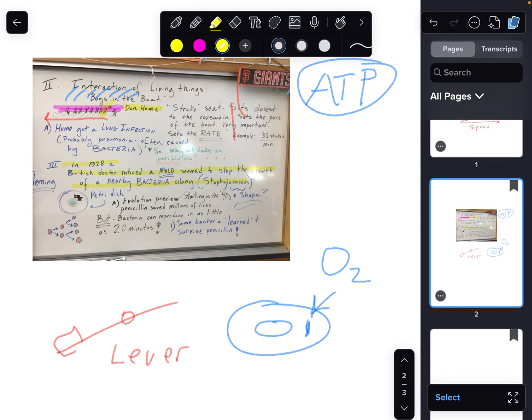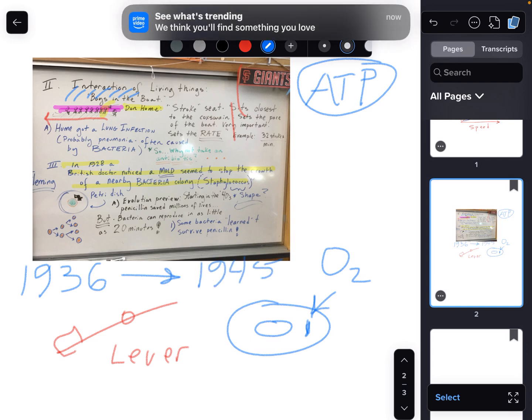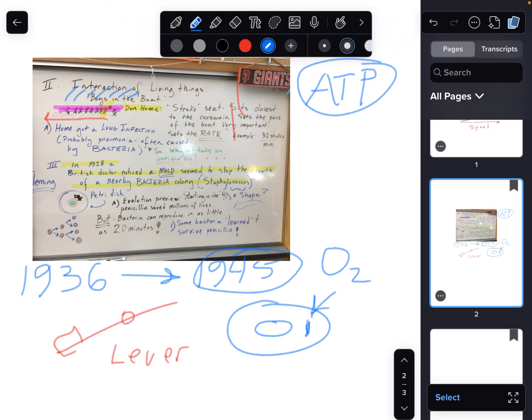And this leads us to where we're going with understanding evolution, because look at the year. The year that this is taking place, especially when he gets this bad lung infection, is 1936. There are no antibiotics on the scene yet. Antibiotics didn't make the scene really until the end of World War II, around 1945. And when you're checking out the World War II, 1945 application of antibiotics, we're talking about a medicine derived from a fungus that has saved millions of lives,